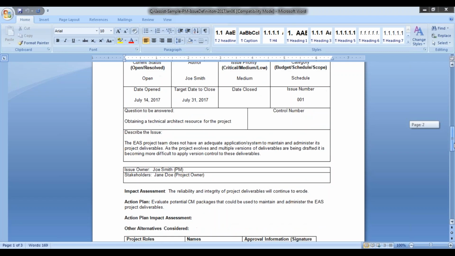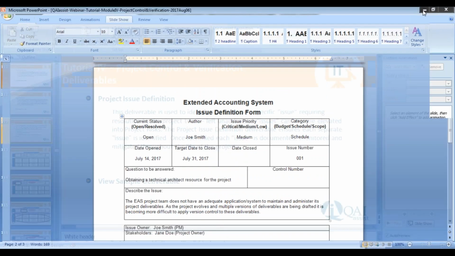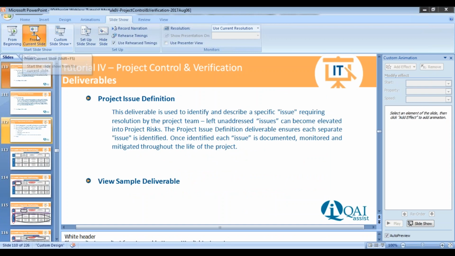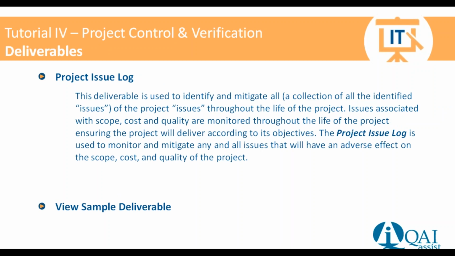Okay. So the idea here, and I'm not going to get caught up in the details of everything on an issue, but on an issue definition form, all I'm trying to get at is that we need some place to define the issues. We have it formally documented. So be it me as the project manager or you as a system owner, everybody knows that there are particular issues and there's a place to document them. Okay. We also want to keep track of the issues. So at the end of the day, we can have a snapshot of all the different issues.